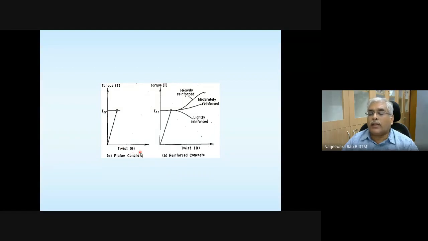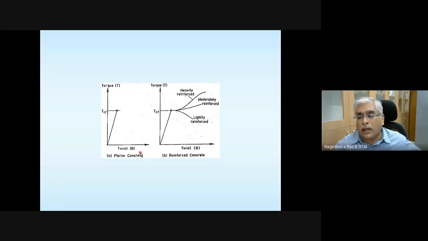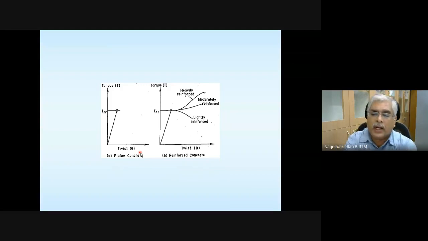If you take the same cross-section dimensions for a plain concrete structural member and a reinforced concrete structural member, do this experiment and plot torque versus angle of twist, this is how the plot is going to look. For plain concrete, as the torque is increased, the angle of twist is also going to increase, and it's going to reach this point.